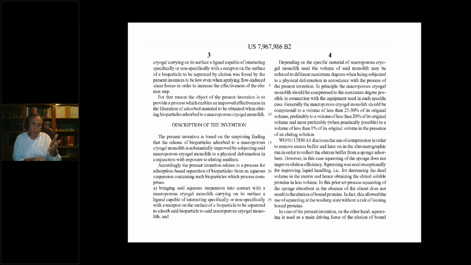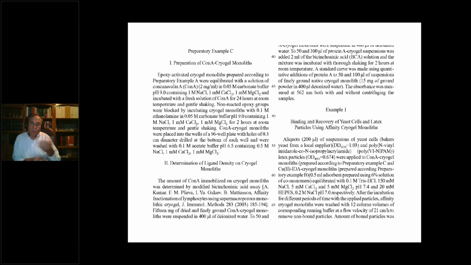Looking onward, we see that the next section is called description of the invention. This again is an aberration from what we talked about last week, but it just serves to illustrate that people don't follow the rules when they're drafting patents. And now we're over into the examples section, and you see that we have preparatory examples, we have real examples, we might have examples called comparative examples, and if you really want to know what they did to make something happen, you look in the examples. It's the guideline for the person that is completely unfamiliar with patents. So that's a very brief overview.